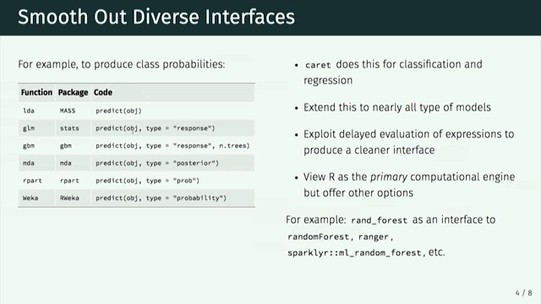What we want to think about is, let's define a model without thinking about what the package is that's going to fit that model. So let's say I want to fit a random forest model. What I'm working on now is we can write just a simple specification of what we want for a random forest model, and later on say whether we want to fit that with R or with Spark or H2O or whatever computational engine that we want to use.